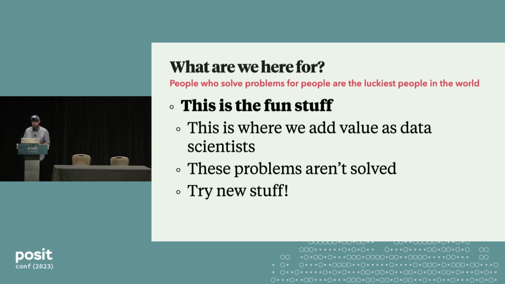But this is, I think, the cool stuff that we get to do. This is a vaguely weird time for data scientists. It feels like a lot of the problems we used to work on are getting automated or outsourced or standardized or whatever. But these kinds of misalignments between decision making in an organization and the data science tools used to support those decisions happen all over the place and all the time in organizations. And identifying those and addressing them by going back to the first principles of the problem and really translating that decision-making problem into quantitative methods and quantifying the core concepts in that decision-making problem is where we can add value.